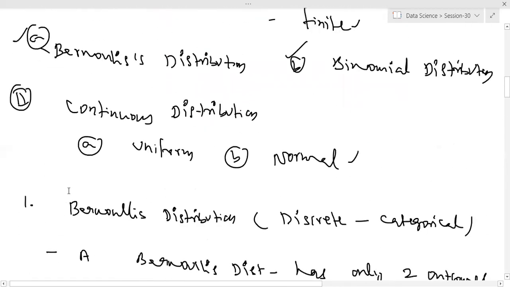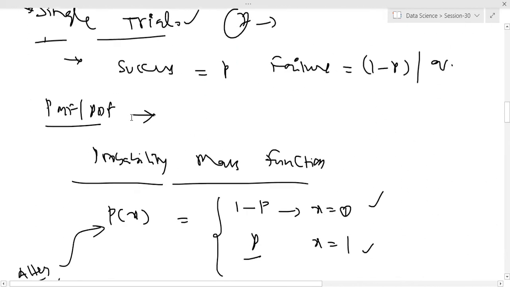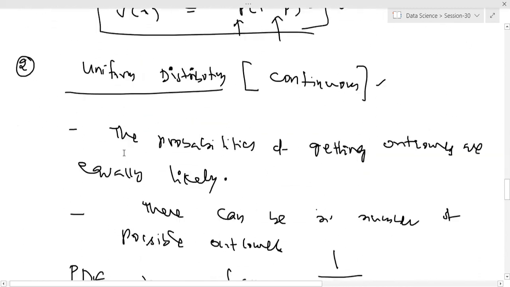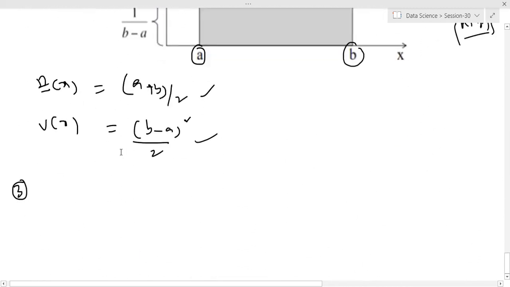Bernoulli we can use in a single trial method. It all depends on the problem statement. Maybe you're taking the recruitment process of Amazon or Facebook or Google, only one time chance. And if you see any entrance examinations also,